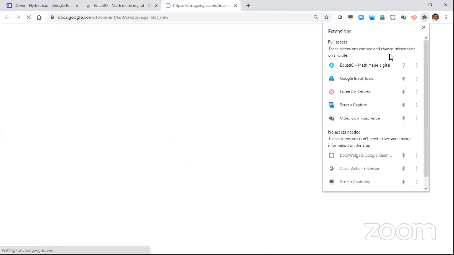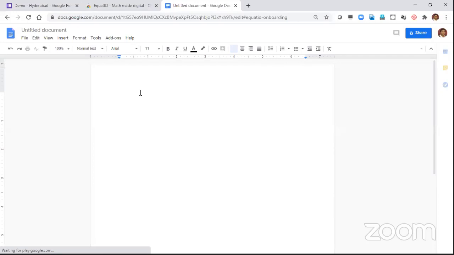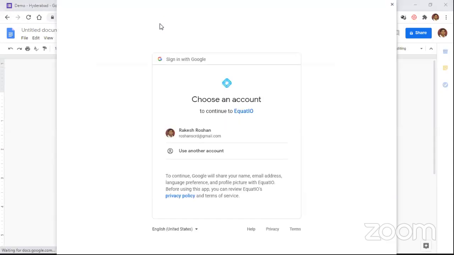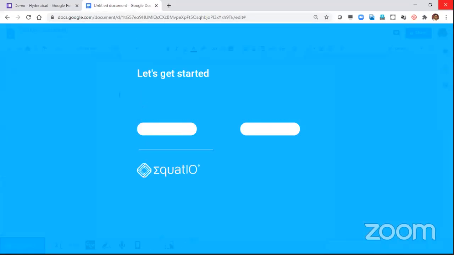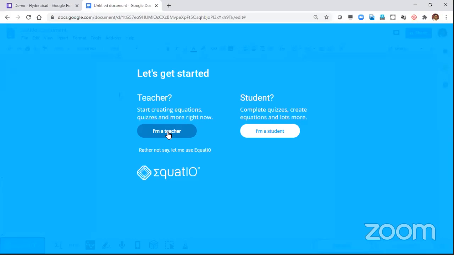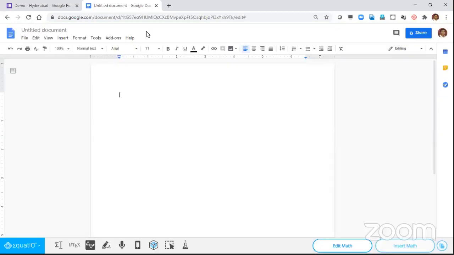So I can see all the add-ons here. So it has already added it. That's good. That's fine. Okay. So right away, it has taken me to a Google Doc, from where I can start using this Equatio. My aim is not... Okay, let me give the permission first. That's okay. I will not use it here. I'll just show you. So let me close this first. Okay, so it'll say you can say I'm a teacher, I'm a student, or you need not say. Let me use anything, it is okay. No problem. I'll choose I'm a teacher. I'll skip this tutorial. So first timers can just go through it step by step. I'll just skip this for now. Let me close it.